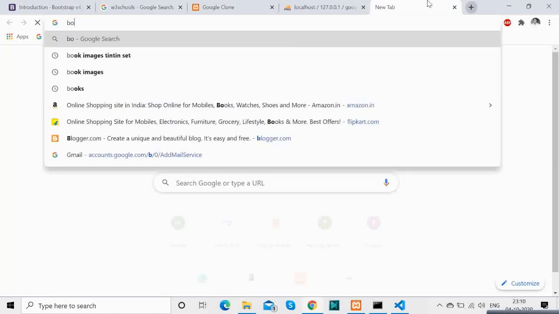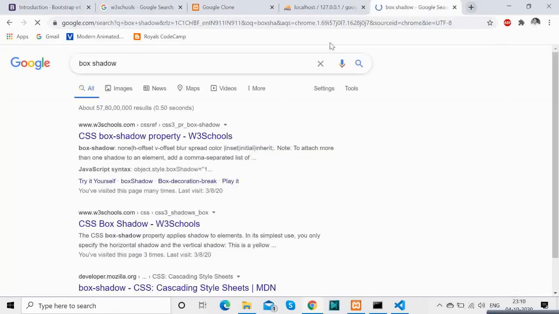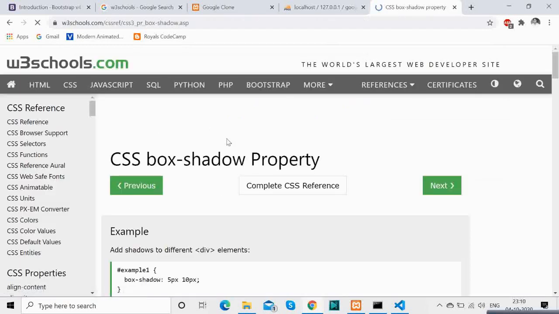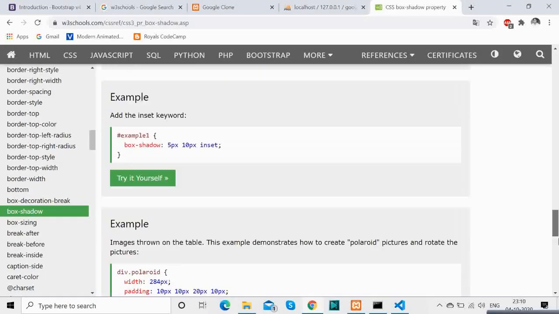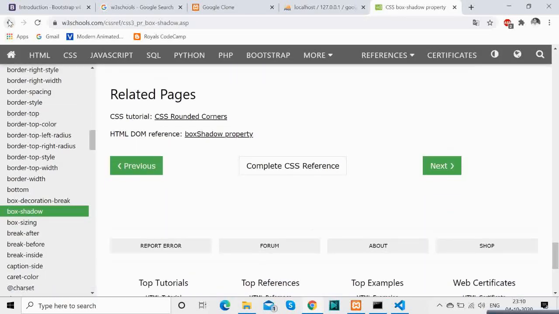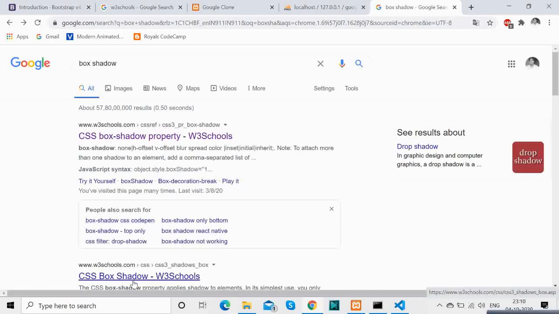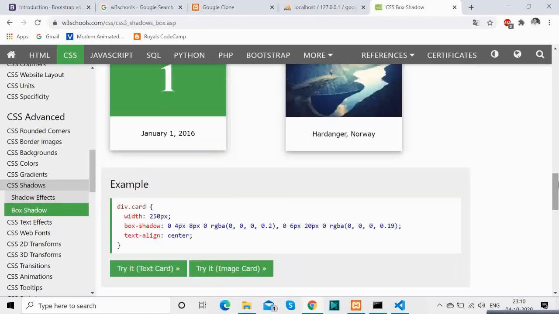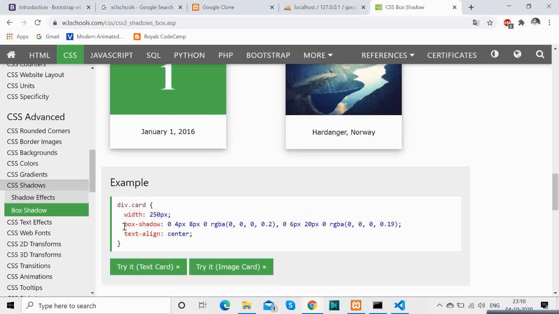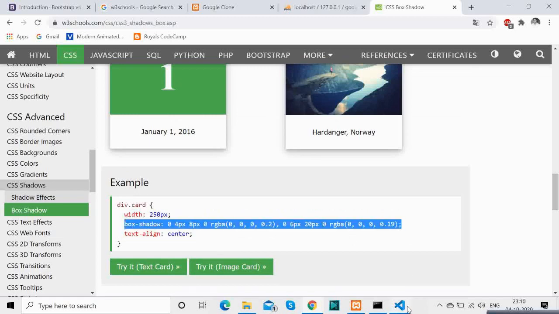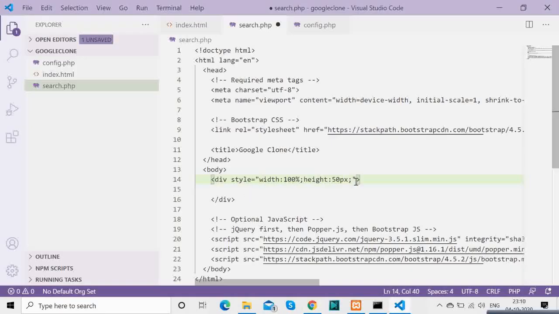And now I am having a box shadow, which will have the exact same effect as the Google nav bar. I copied it from W3Schools, because it's a long thing which has margin, padding and RGBA values.